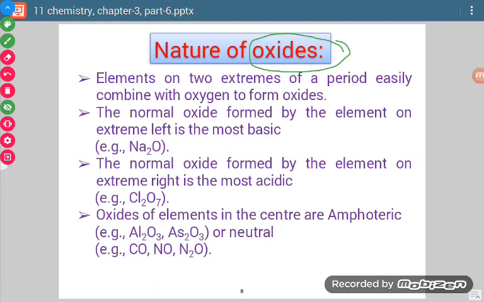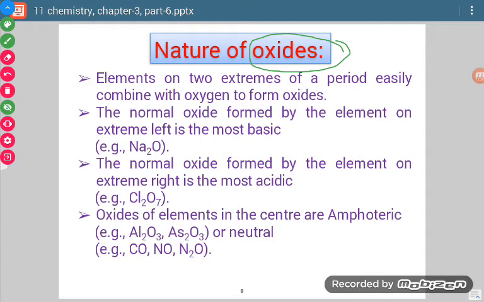Acidic oxides, you know, are such oxides which form an acidic solution when dissolved in water. Basic oxide is the oxide which when dissolved in water forms a basic solution. Amphoteric oxide is the oxide which shows both types of behavior, acidic nature and basic nature. Neutral means it will not form an acidic or basic solution, but it will give a neutral solution if it is formed. Now, which element forms which one?